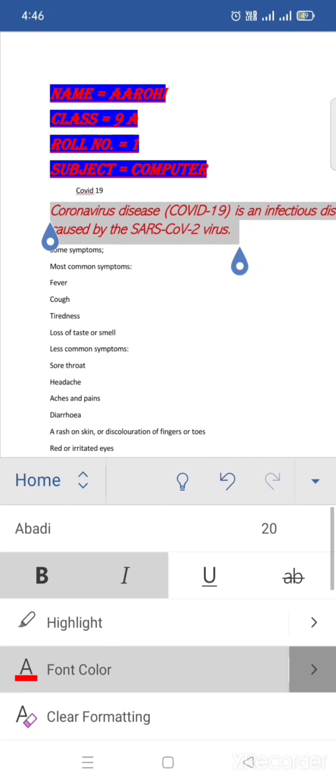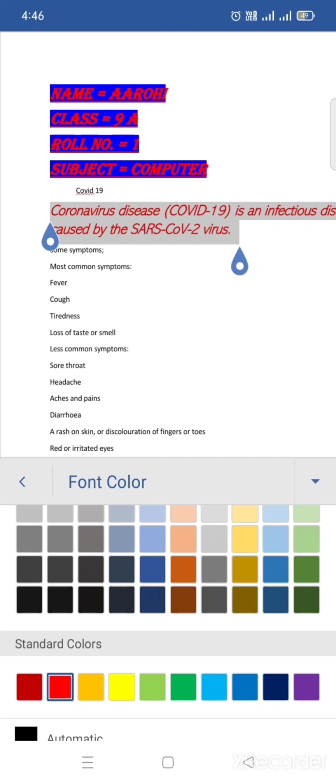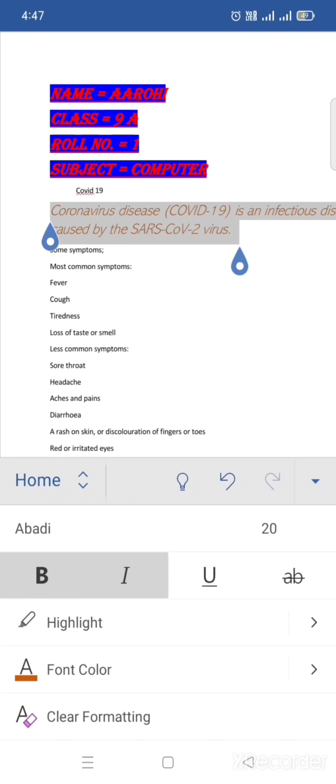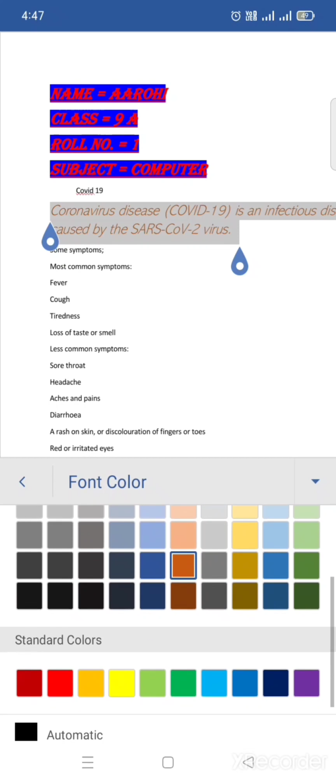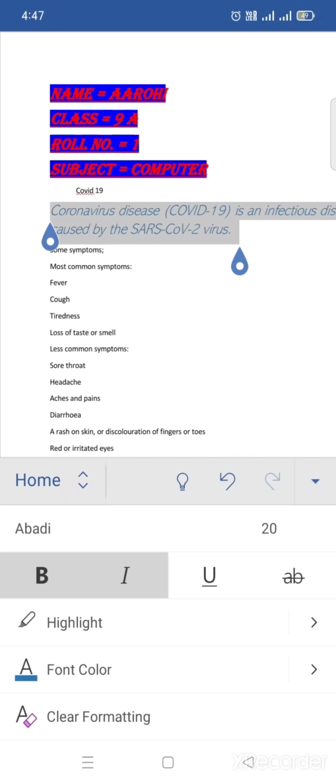I'm going to change its color also. And if you want you can highlight it also, but I don't want to highlight it, that's why I'll not select the highlight option. Like that only I'm going to edit all these texts.